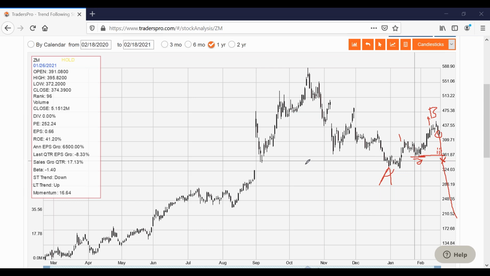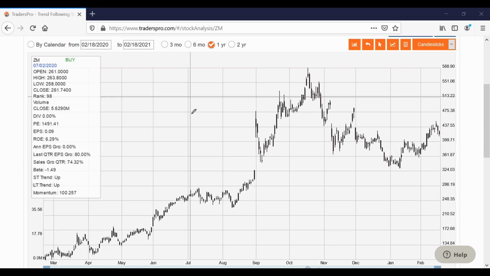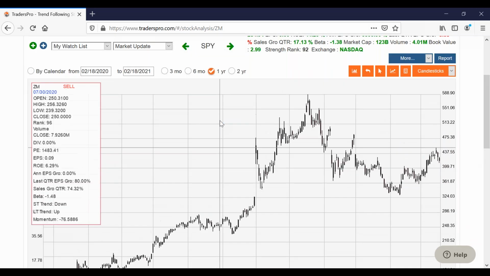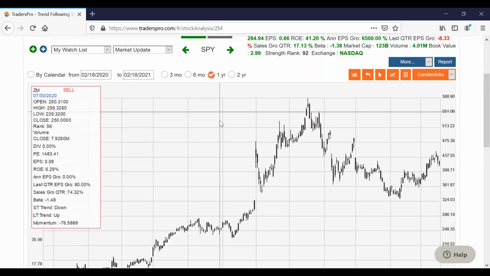You see how you can use this stuff to make decisions? Again, nothing I've gone over is magic. Nothing I've gone over is telling you exactly what's going to happen next, what the stock's going to do. But it gives me context. With that context, I can make decisions and I can manage my trades. Trade management and money management are still the key to success. But when you can apply this to your charts, it helps you make better decisions.